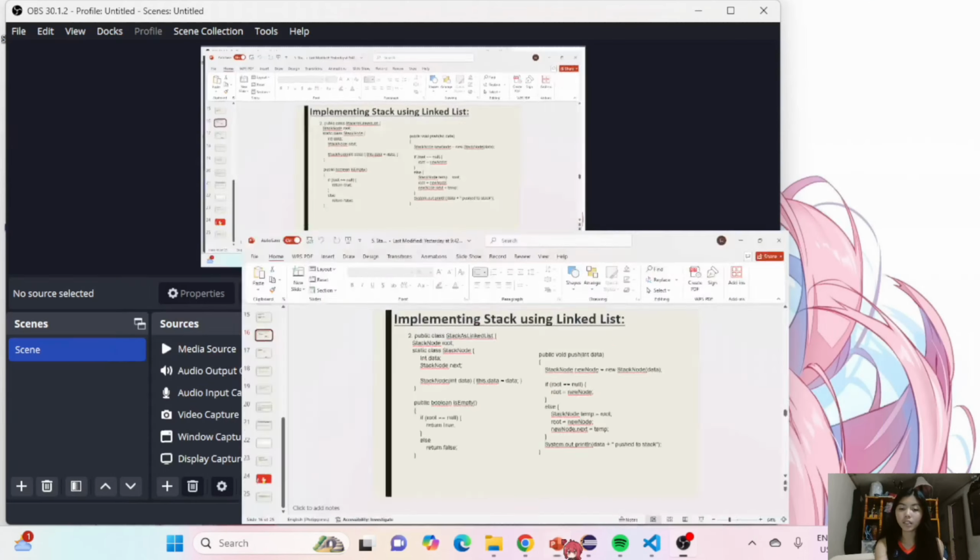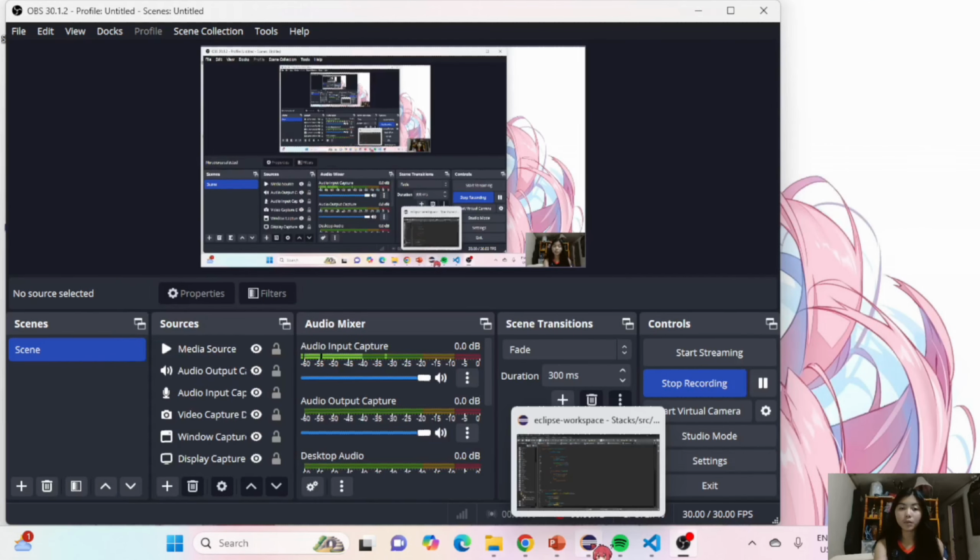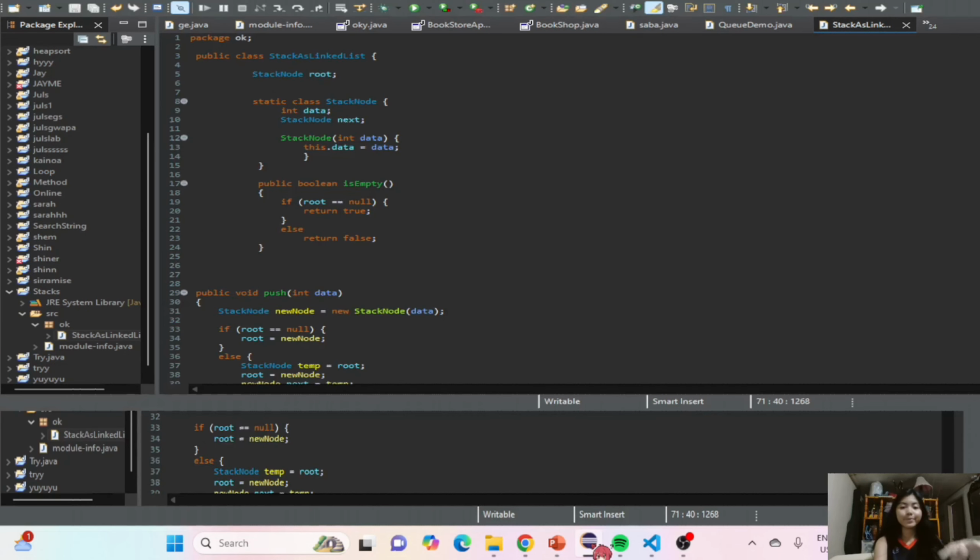Implementing stack using Linkedlist. I have an example code here in which we will explain it line by line. In here we have the class StackLinkedlist. We have StackNode root, which indicates that the root is the top